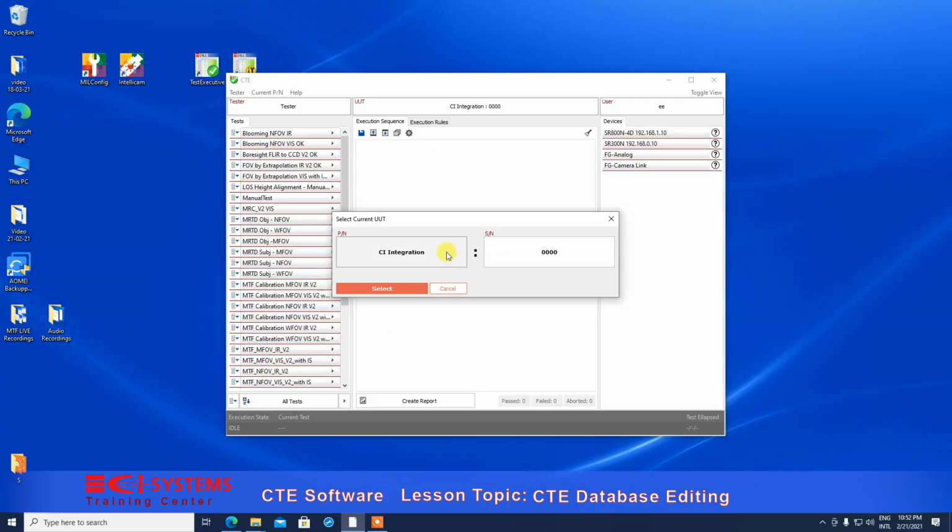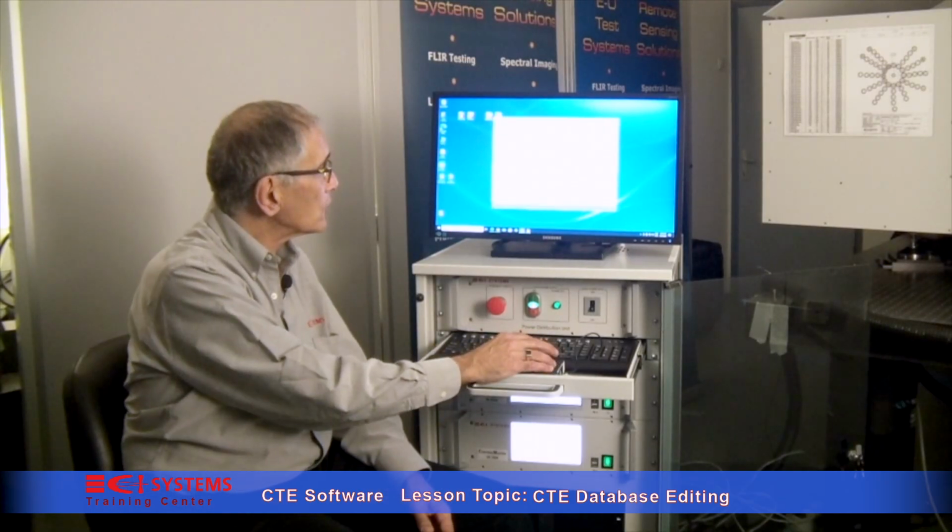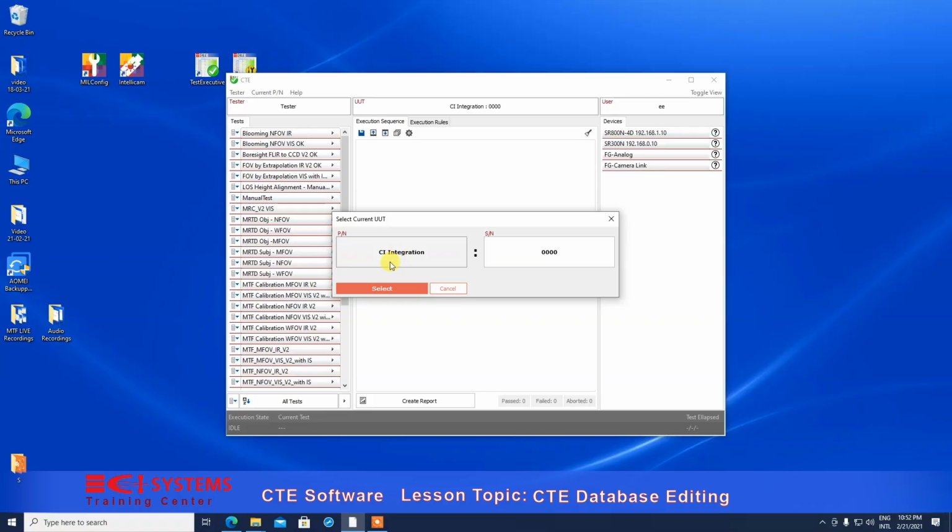So what I want to do here is to create two part numbers to demonstrate this. Okay, so CI integration is the part number. Let's click on this window, and it says we can either edit, add new part, or manage part numbers. Let's add a new part number. We're going to call this one thermal 1,